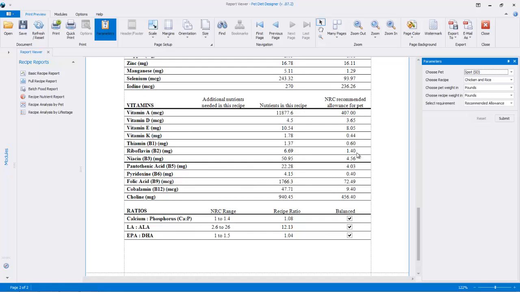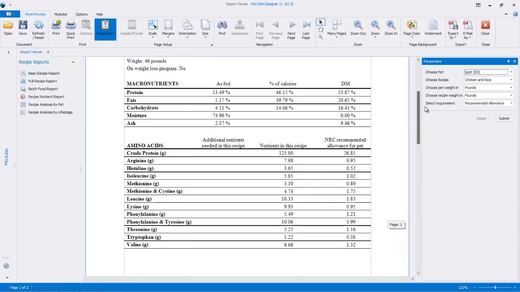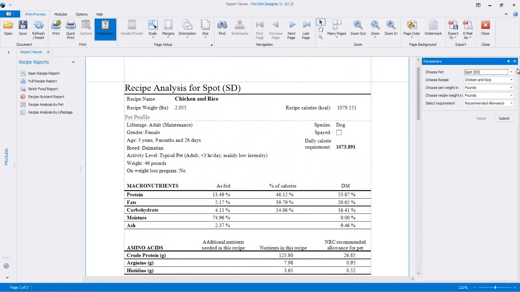And these figures should exactly or closely match what you see in the recipe balancer for your pet, when you balance this particular recipe. So here we can see the ratios for Spot. Everything is checked off here, so it's all balanced. And that's it. Now, if we switch this to Jade, we know that we're missing biotin for all of these